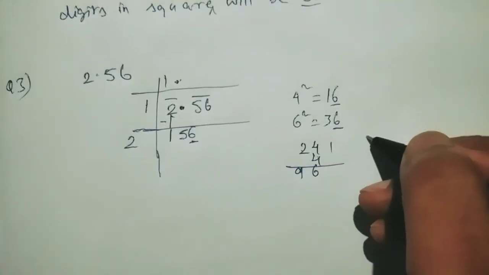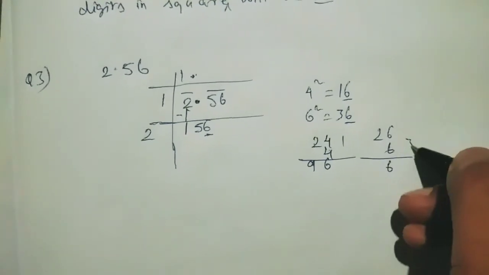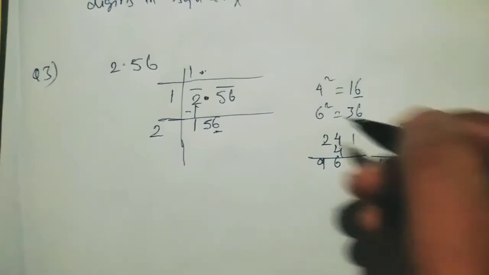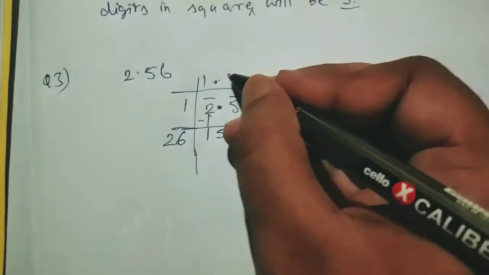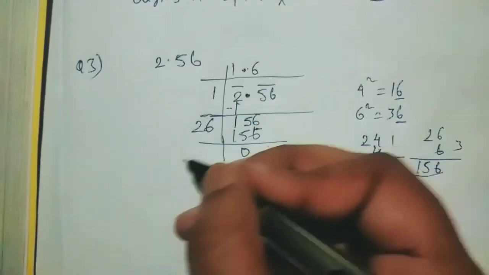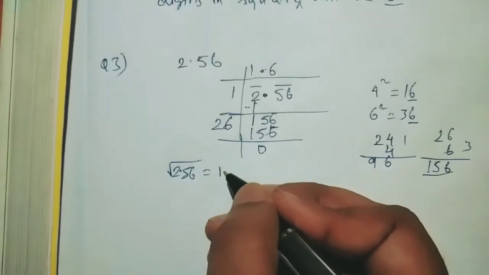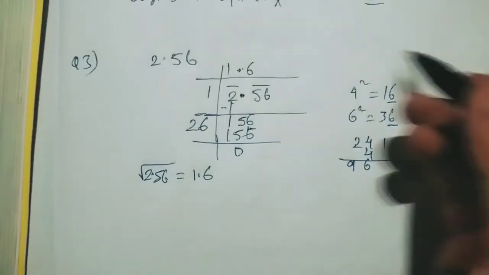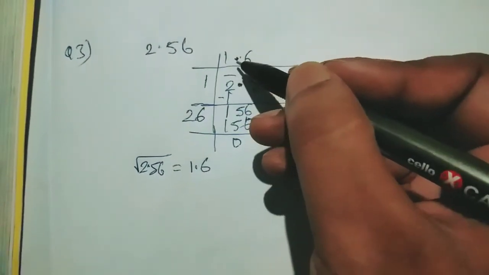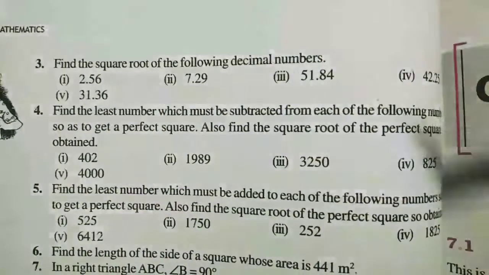So it is not the answer. So now we'll multiply with 6. So 6 6 is 36, 3, 6 2 is 12, 13 14 15. So 156. We got the answer with multiplication by 6. So we'll write here 6 and here also we write 6. So 156 we got. So this is the answer. So the square root of 2.56 is what? 1.6. So very easily we have got it. Same process you have to follow, only the decimal point will shift in the quotient after this number. Understood? Very easy. Now let us take question number 3 and the rest are your homework.